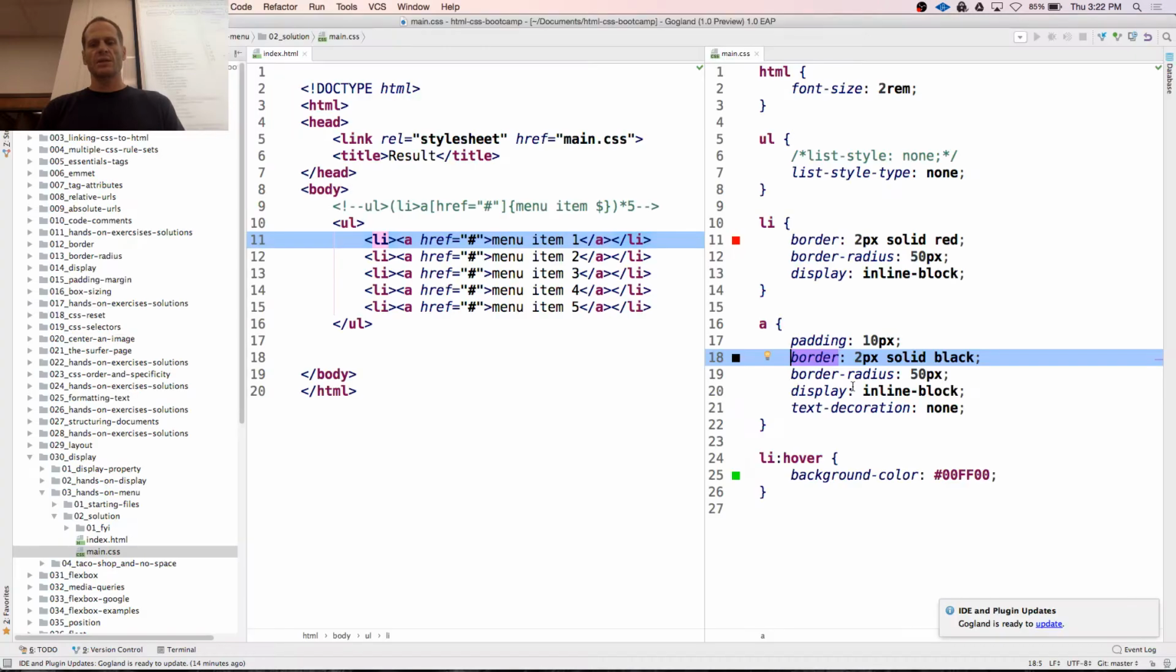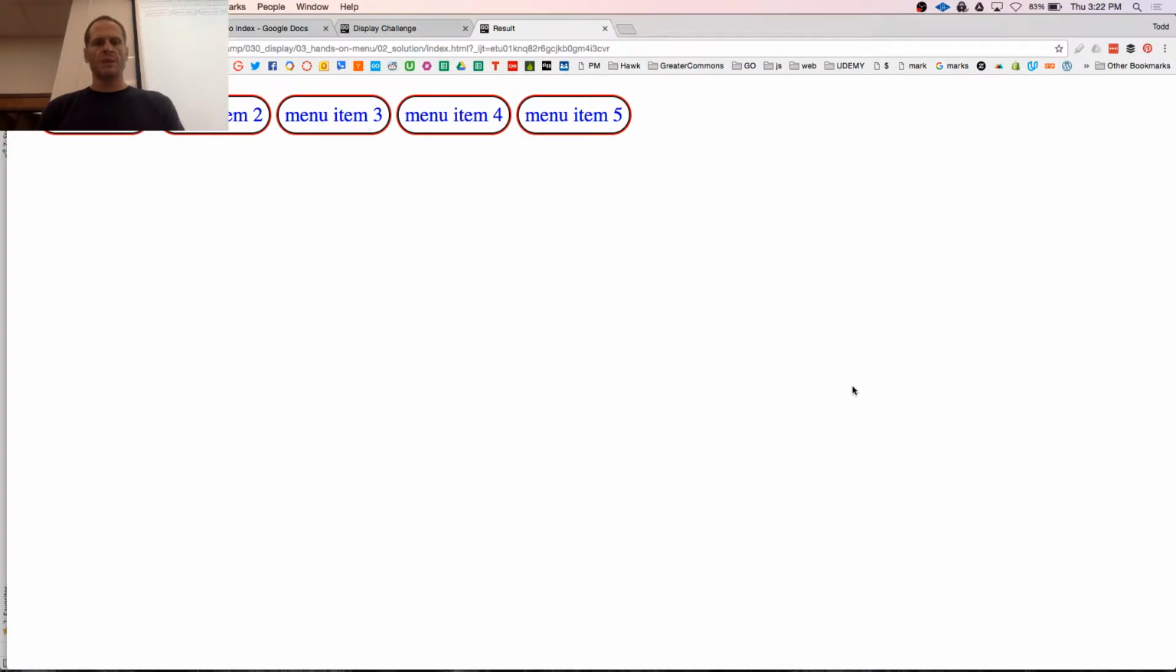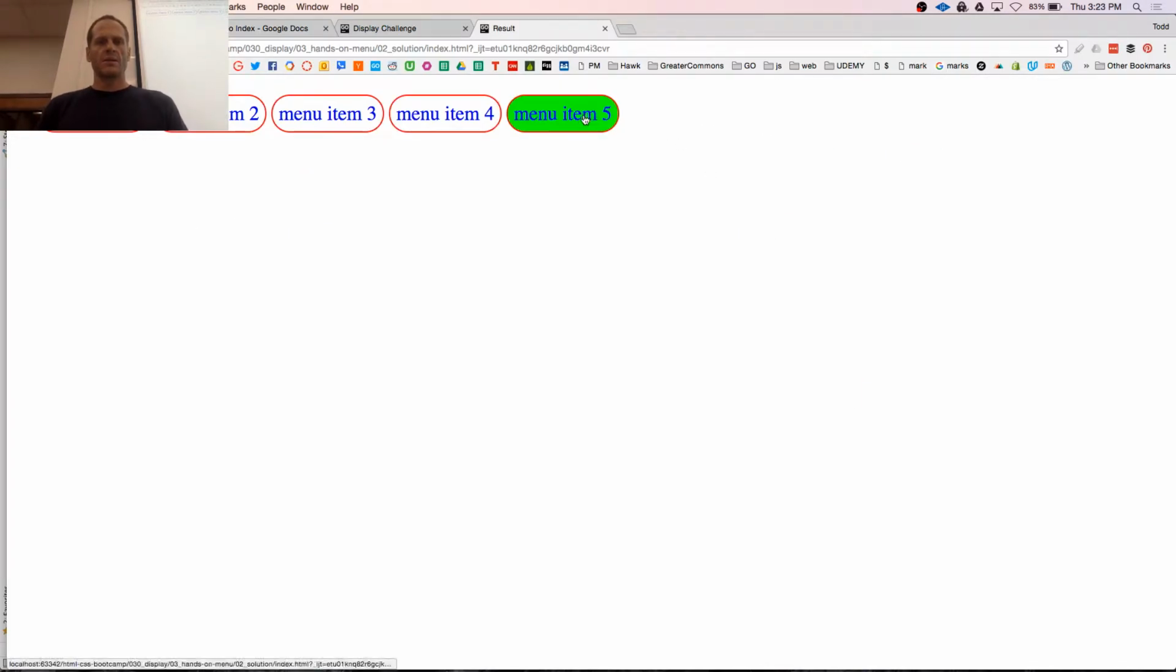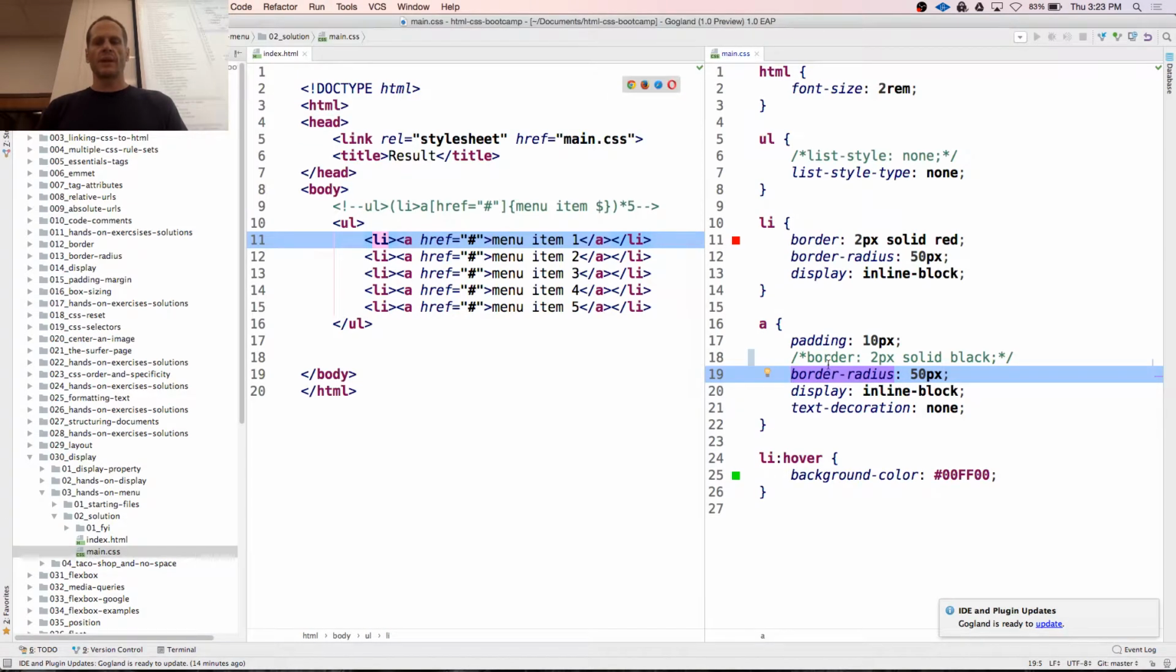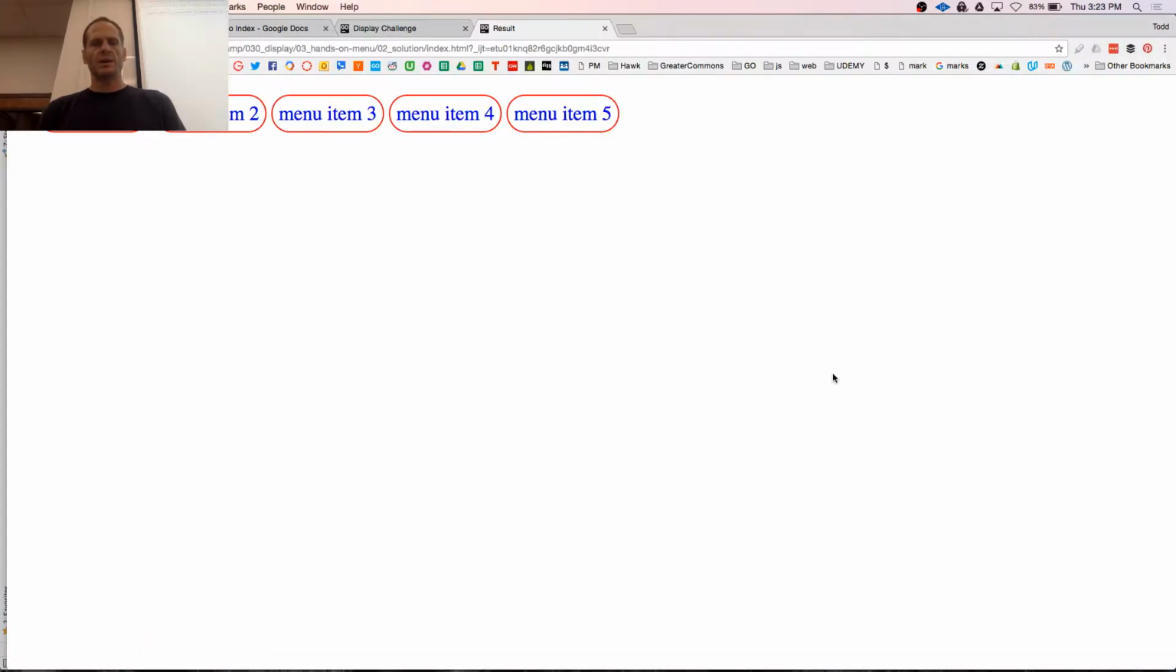So here's what it looks like. I'm going to comment out that border. What happens when that border goes away? All right, that still looks nice. I just got rid of that inner border. And what happens when I do border radius on my anchor? Make that go away? Well,